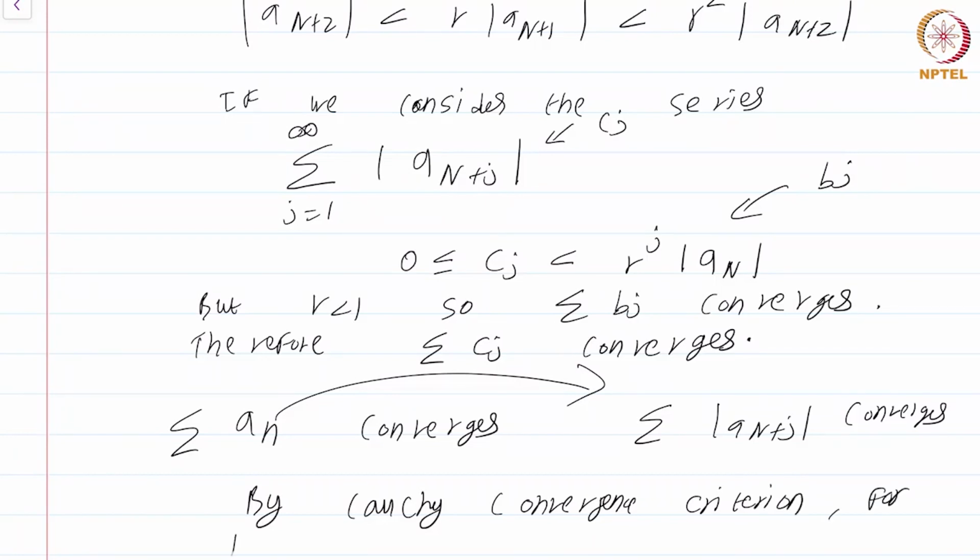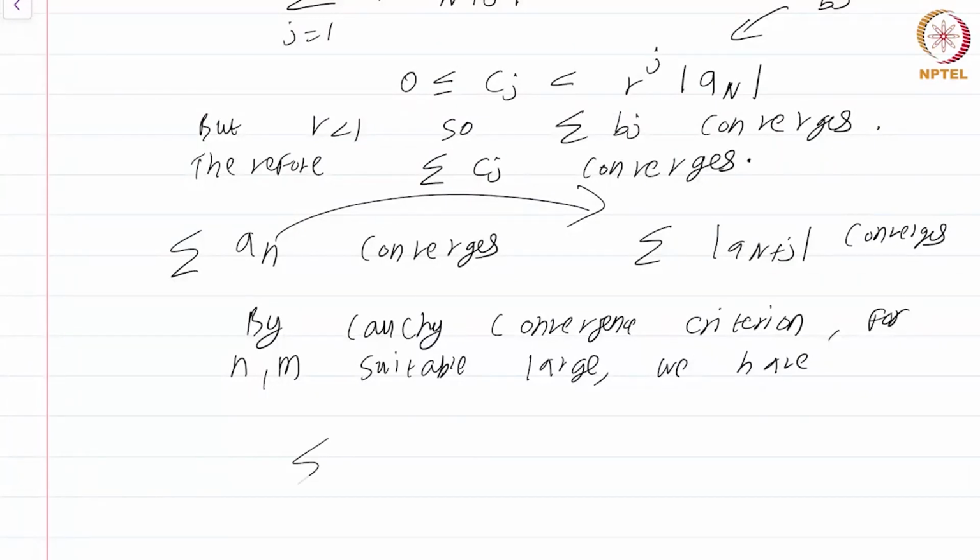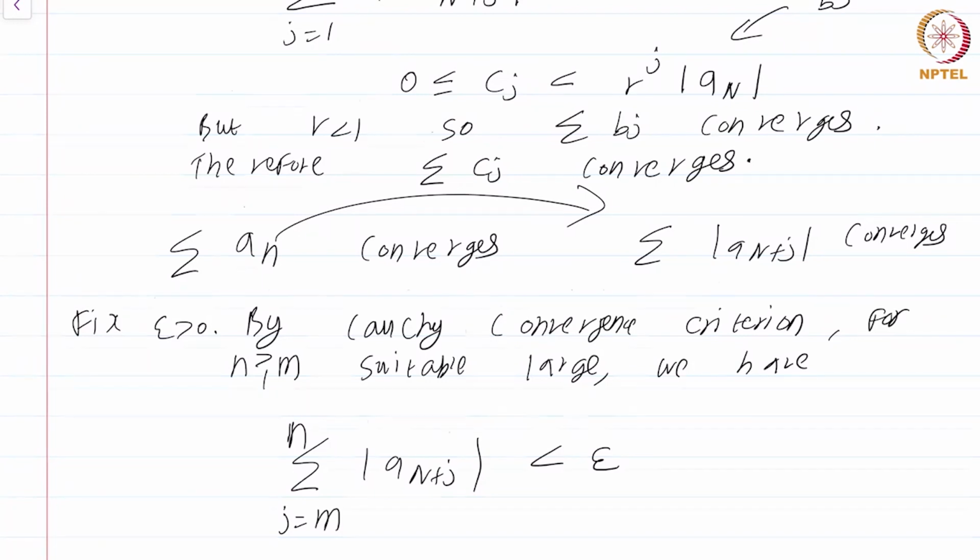for n, m suitably large, we have summation j equals m to n, with n greater than m, mod a n plus j is less than epsilon. So I must say, fix epsilon greater than 0. This is simply because summation mod a n plus j converges. Okay, but